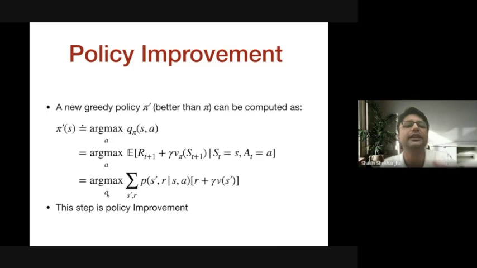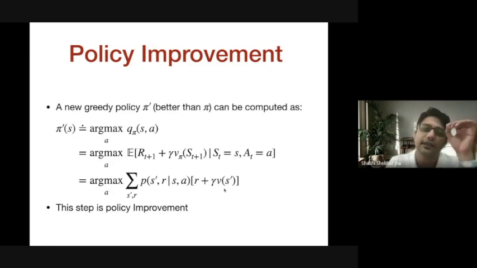This is called greedy action selection, because we're choosing the action that gives the maximum value. So in this system, we basically extract a greedy policy out of all the value functions that we learned. And there is a theorem which says that this policy will be better than your previous policy. So we keep on alternating between these two steps, and ultimately you will find your pi star, the optimal policy. This is the solution.